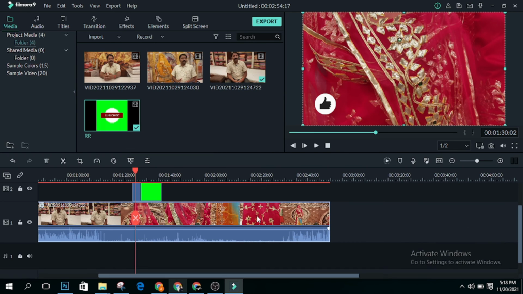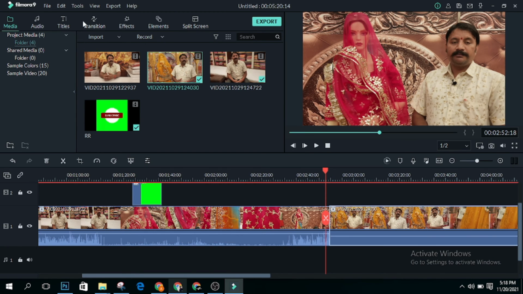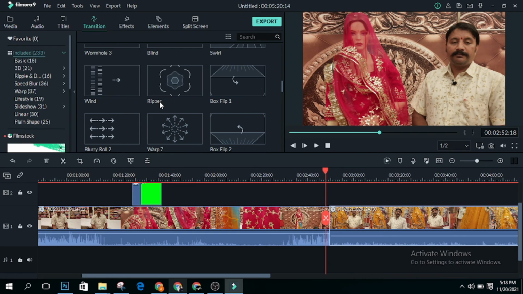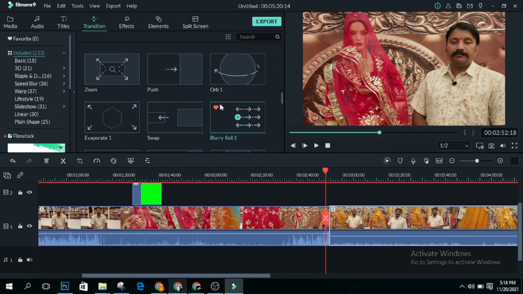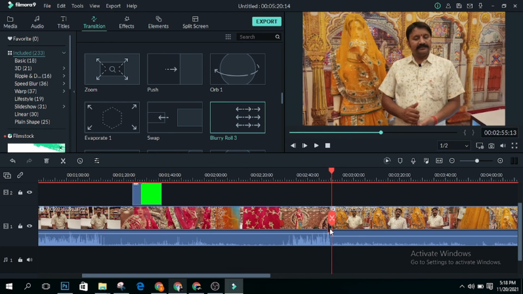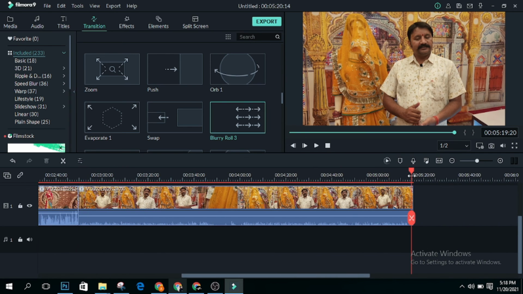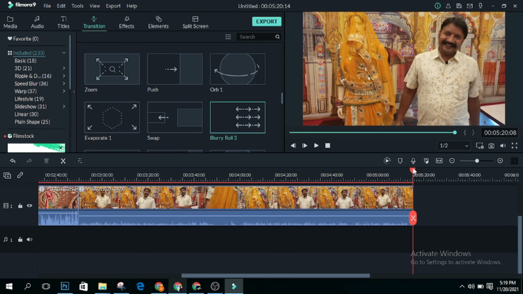Now, another thing: if you want to add some other clips, then just drag and drop them here. And I have already told you that if you want some transition effects, then you can choose whatever you like according to your needs. Like this one, you will get this, or if you want another, then I can do that, or you can change it according to your needs. After this you have completed this section.